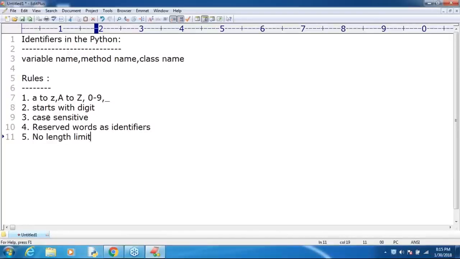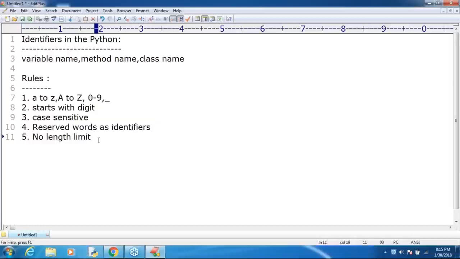It is highly recommended to take meaningful words with a minimum length, so that the readability of the code is improved. If you take too lengthy identifiers, readability by default goes down. Clear? Is any explanation required? That's all. These are the various important things you should be aware of.